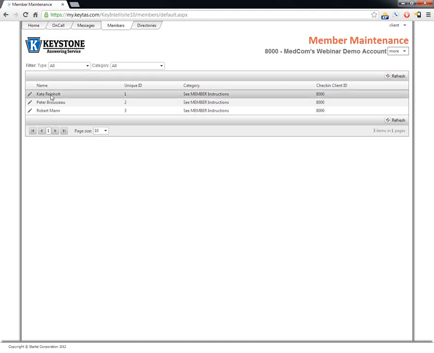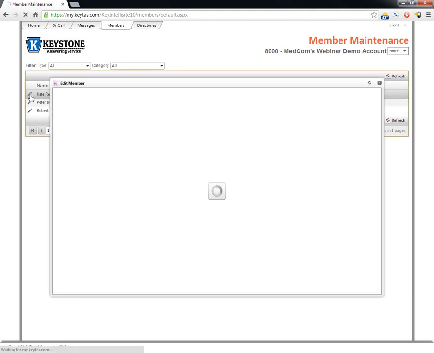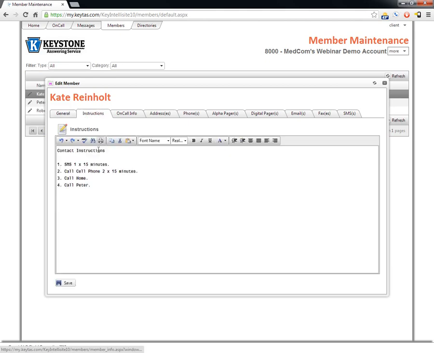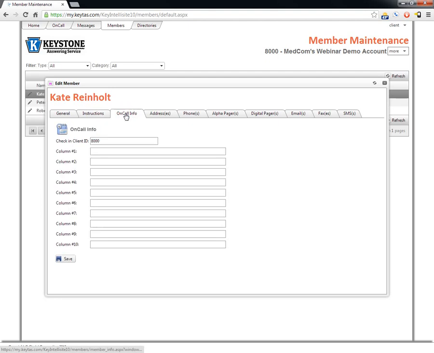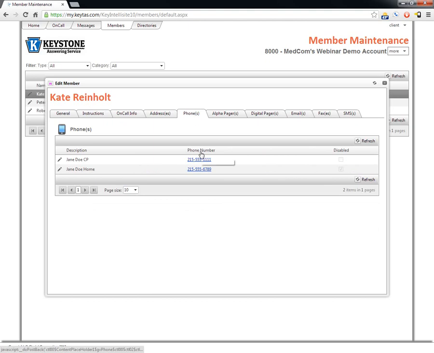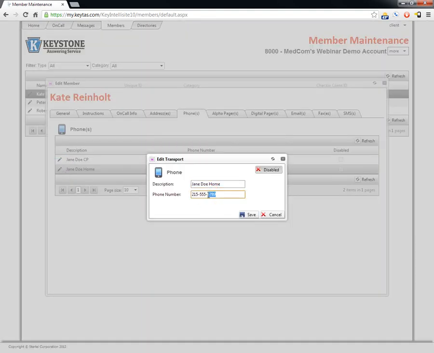And if you need to see a particular member, click the little pencil next to their name, and you'll be able to see their general settings, such as their name, their instructions of how you should reach them, any custom on-call information, many times that will be blank, any addresses associated with that particular member, their phone numbers. For instance, you can edit a phone number if you get a new phone,